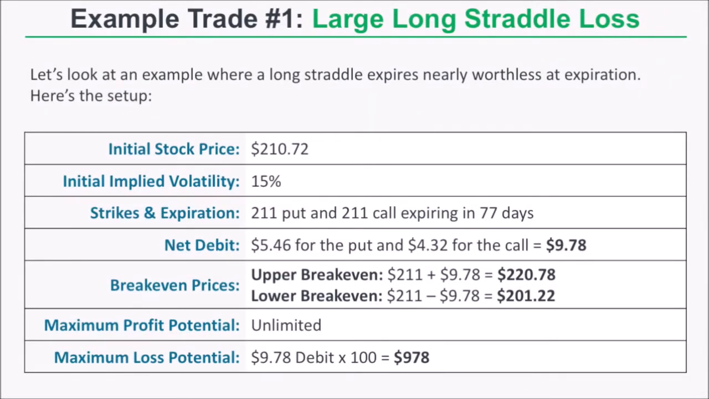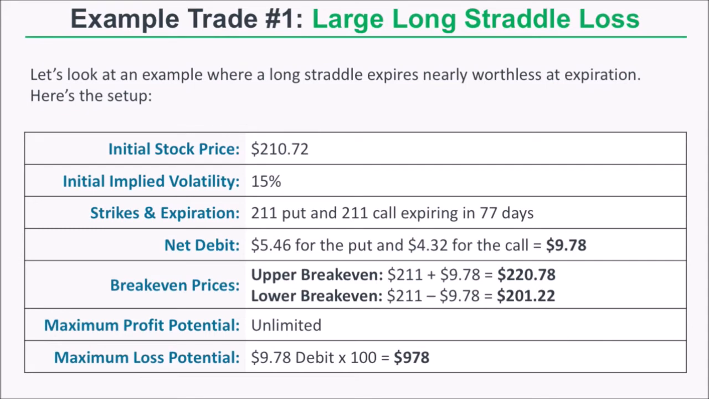So now let's go ahead and get into some example trades to show you how the long straddle strategy performs in various scenarios. So the first example we're going to look at is where a long straddle incurs a big loss. Now that happens when the stock price is near the strike price that you purchase at expiration. So here's the setup. The initial stock price is $210.72. Initial implied volatility is 15%, and we're going to buy the 211 put and the 211 call that expire